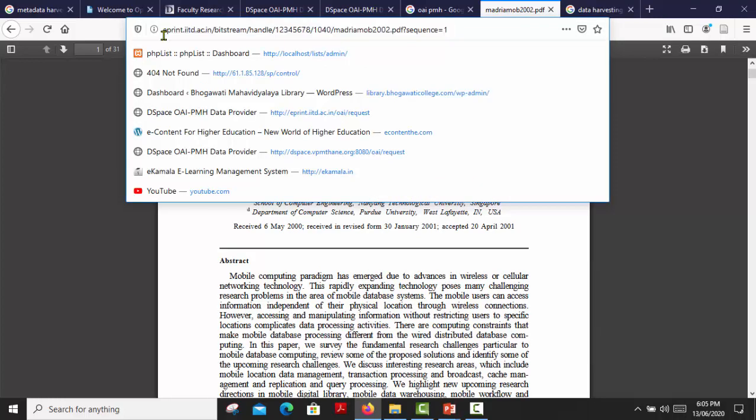It says this URL is from eprint.iitd.ac.in, IIT Delhi's repository. It's simple: whenever our user clicks on that article, it will open IIT Delhi's article, its reference.